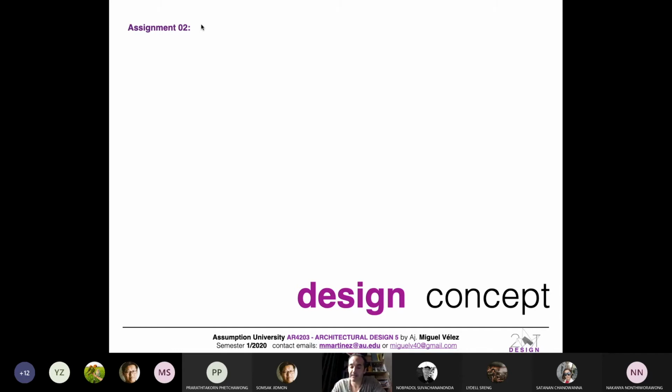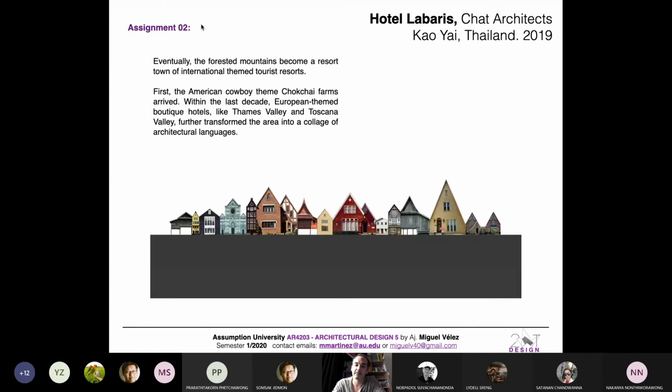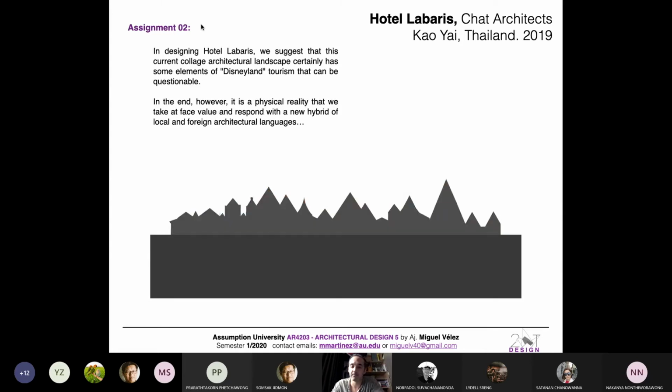I think Nakanya should start to think in this kind of diagram: that is the vernacular architecture, okay? Then there are the things that come from outside, that is in Kauyae, okay? And then this is a happy idea, no? That will be the design concept for how the building is going to look. It integrates the vernacular architecture with the European Western architecture typical of Kauyae, no?